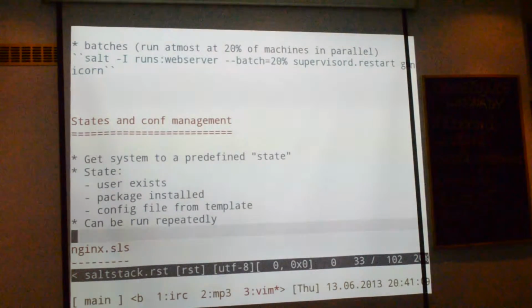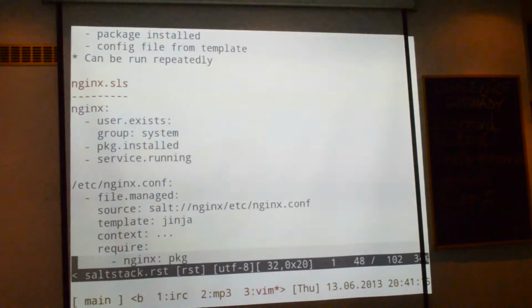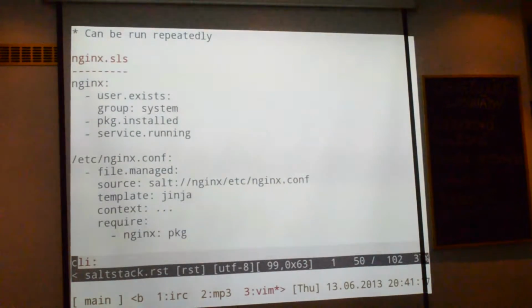So states, can we go a bit lower? Yeah. So this is just a simple state file written in YAML, obviously, and it defines, okay, talking about Nginx, I want a user called nginx. I want this user to exist on the machine. He's a member of this group. Obviously, I can add more options there for the user.present function. I define that there's a package installed called nginx, and I define that the service is actually running. And there's the